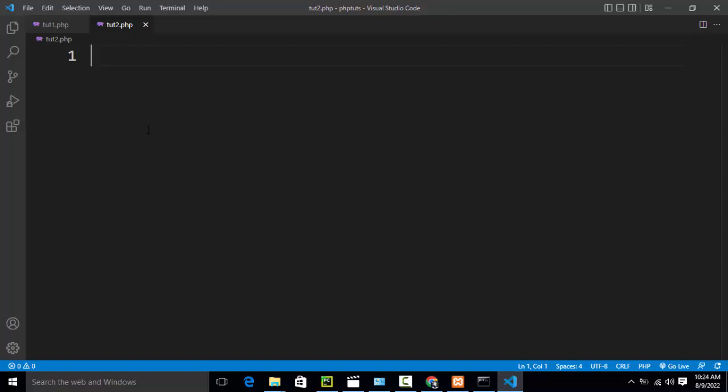We will display a basic message so that we can understand Xampp, that is, a local server. So I will use the basic syntax of PHP. This is the basic syntax of PHP that we will discuss in the next video in detail. Whenever you want to display a message in PHP, you have to use echo and double quotes, and write your message. So this is